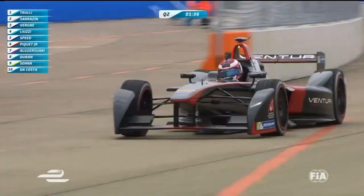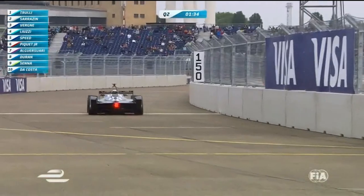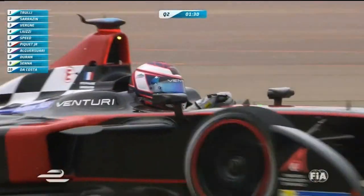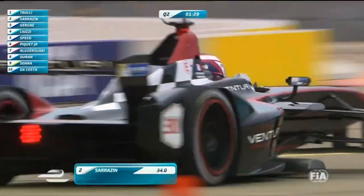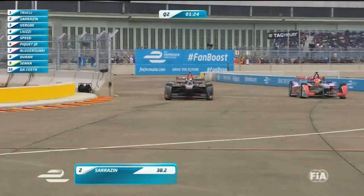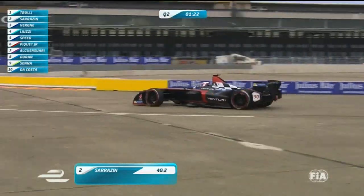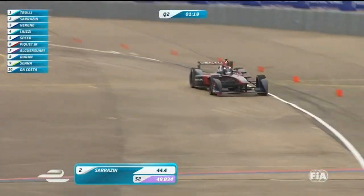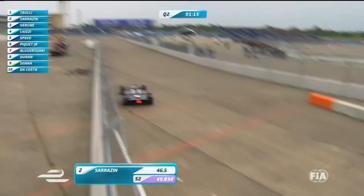And what's he got in the first sector? 27.9 is the quickest first sector we've seen from Jean-Eric Vergne, and it's a 28.1 for Sarrazin. So he's matched Jarno Trulli, the provisional pole position sitter. Oh, and he's been held up by Alguersuari. And that is really going to frustrate Sarrazin, and it may well see Alguersuari getting a little bit of a telling off. He's going to keep going, Sarrazin, but...